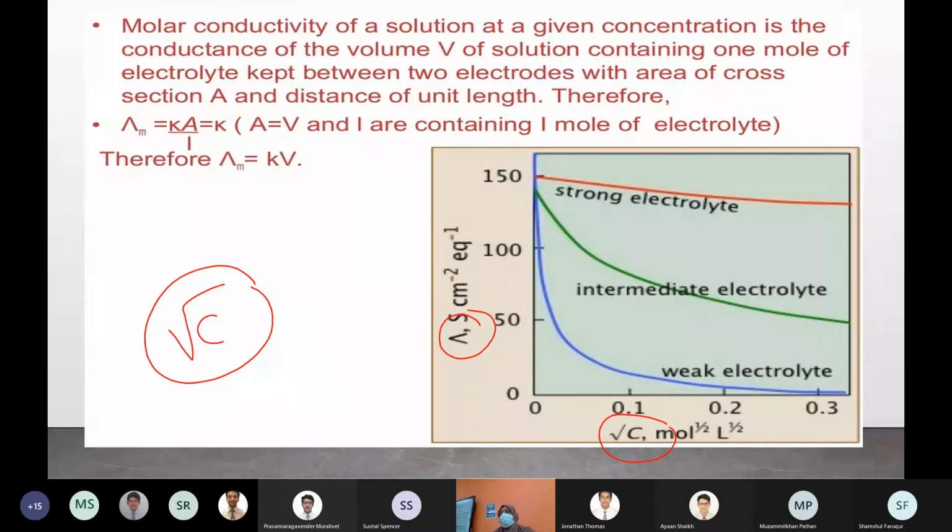On diluting, what is happening? Here you have 1 mole of electrolyte, so the number of particles is fixed. But technically, how will you explain it? Like, we say that conductivity decreases because the number of ions per unit volume is decreasing. Similarly, how can you explain why the molar conductivity increases with dilution?